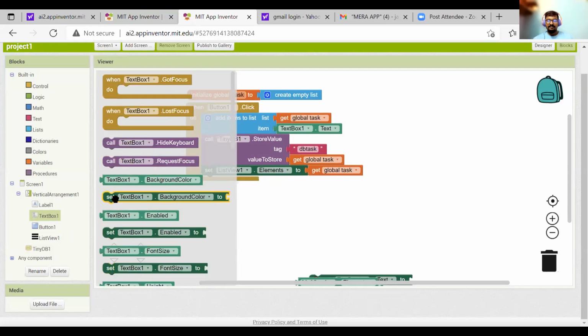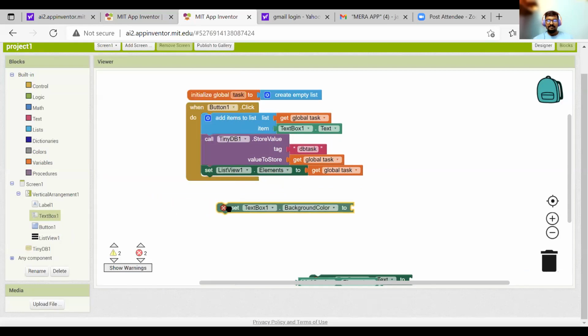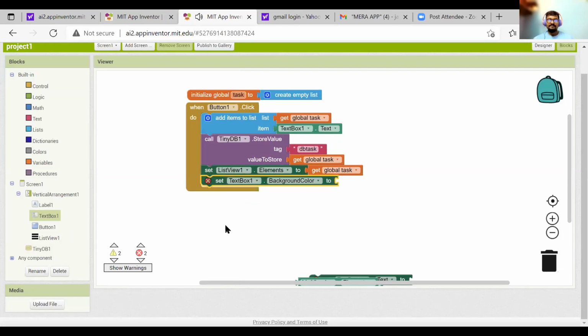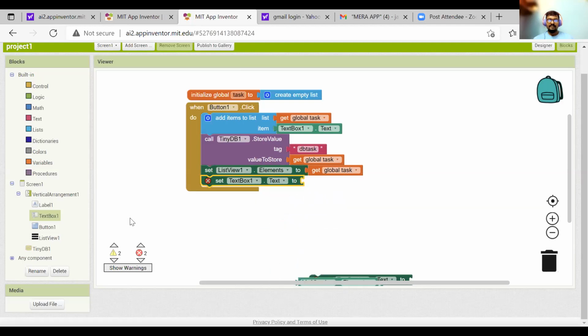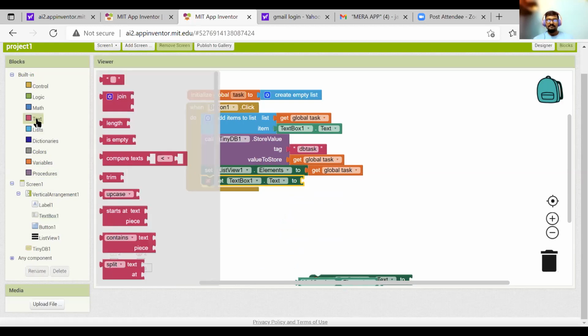I need the set one. Yes, text box. Then snap this below this. And now change this to text, and then again go to text. Bring this and add. Yes, add that. This one.